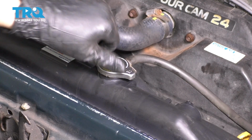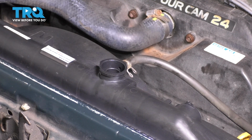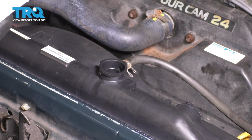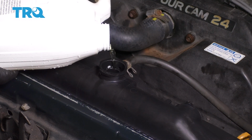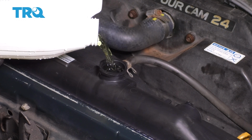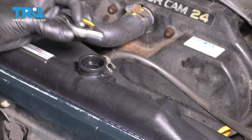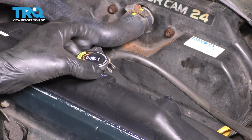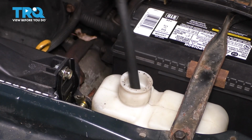Now let's fill the cooling system. Open up the radiator cap, set it aside, and use the appropriate type of coolant. If you're unsure of what to use, refer to your owner's manual, and just fill it up until you can see that the radiator is full all the way to the top. There we go. Once the radiator has been completely filled, cap this off, move over to your overflow tank,